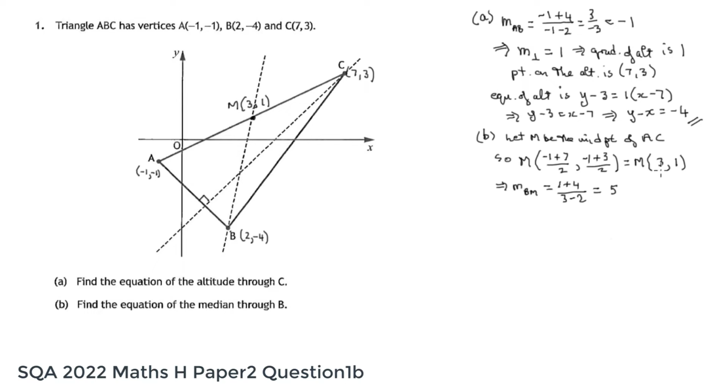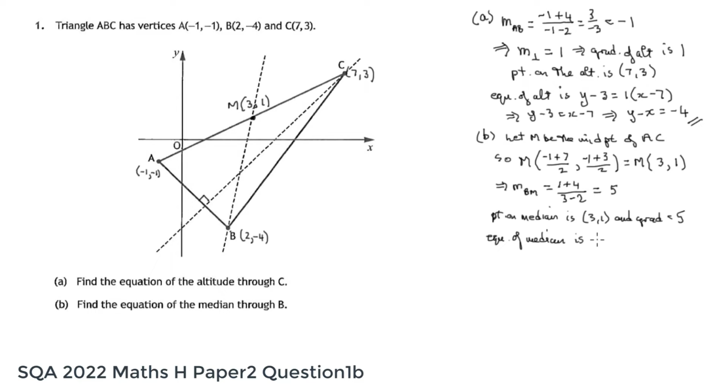And therefore we've got all the information we need. So point on, let's just summarise what we know. Point on median is (3, 1), and gradient is equal to 5. So the equation of the median